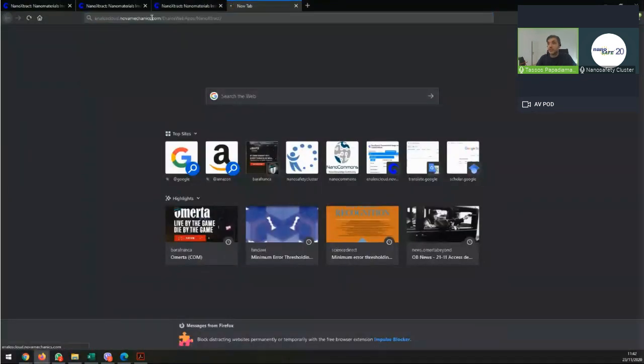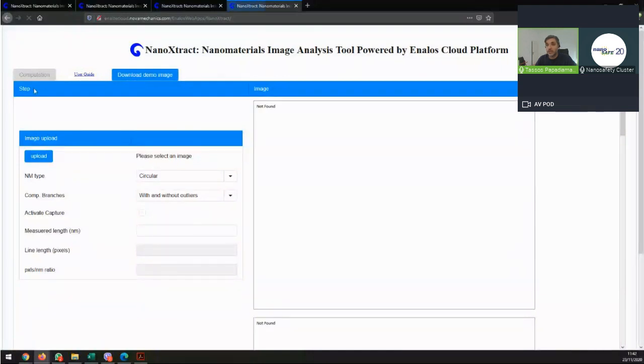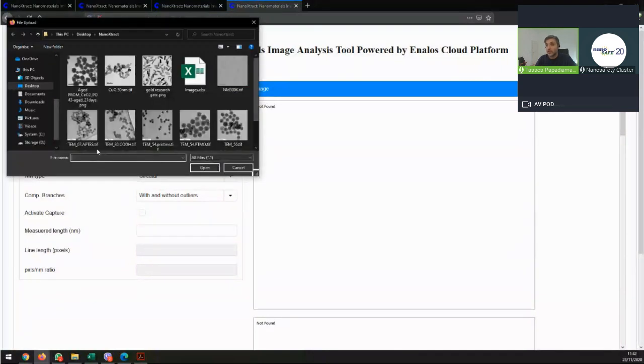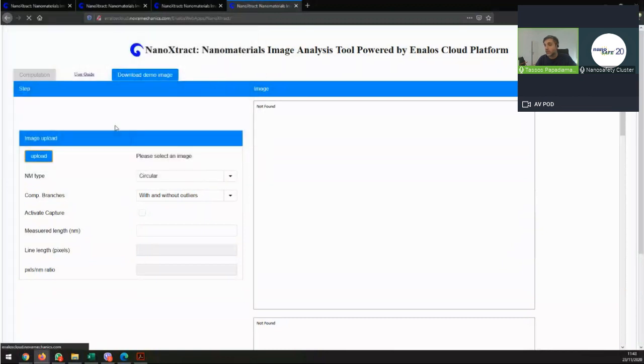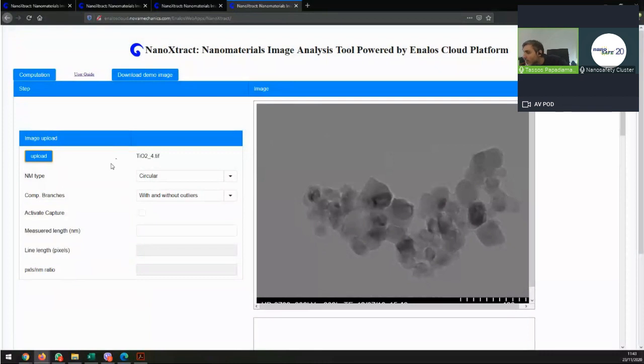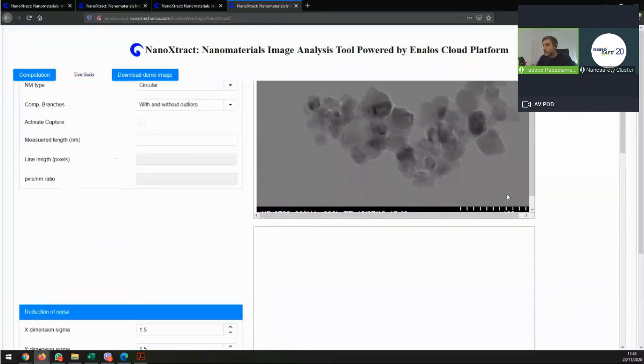I will try to see one of the other images that have been uploaded. So this is another image that was uploaded today. That's going to be a very interesting image, to be honest.